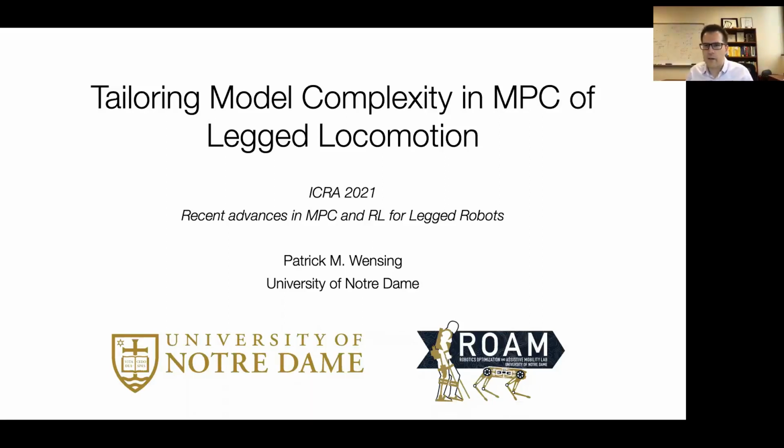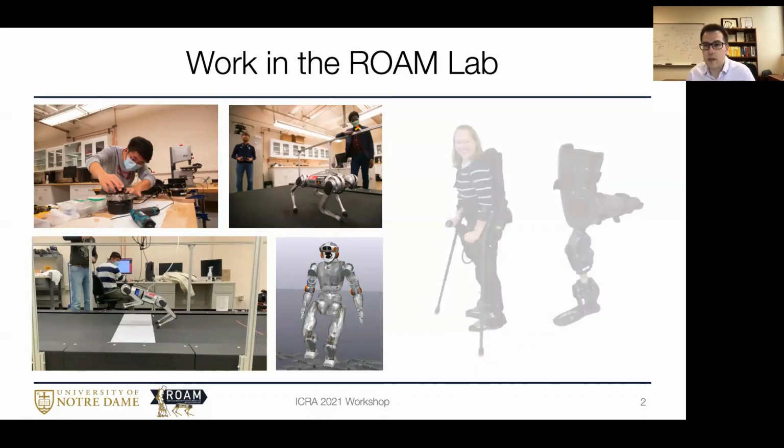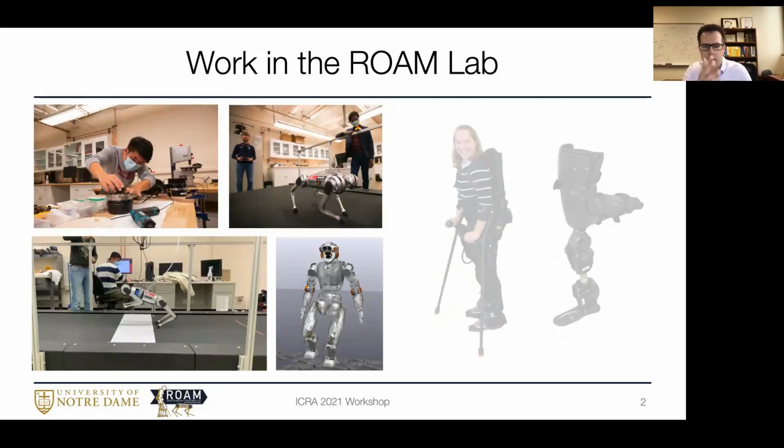And just to give you an overall flavor of what I've been working on these days, in my group, we're looking to advance mobility, both for legged systems broadly defined, quadruped and humanoid robots, as well as legged systems that we might wear on our bodies in the form of lower limb exoskeletons or lower limb prostheses. So on the left here, our goal is to be able to send legged robots anywhere on Earth, whereas on the right, we'd like people to continue to be able to go anywhere on land, I should say, even after they've had an injury that might limit their mobility. So I'll mostly be focusing on this left-hand side, but we're really interested in looking at how we can translate some of these model predictive strategies and the control designs over to